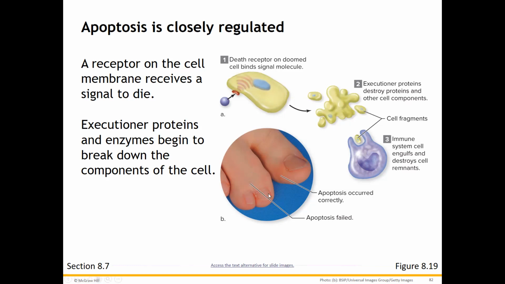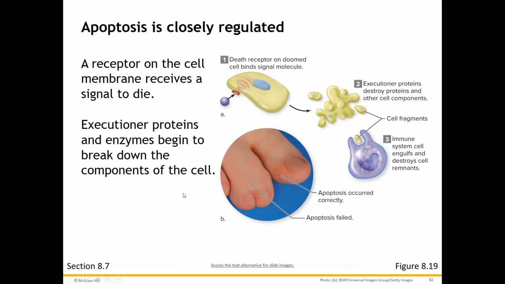And they just have the example here of 2 toes on an individual's foot. This would be interpreted as webbing, like the duck and the chicken. And apoptosis failed to separate these 2 toes. Now, typically, a parent, when the baby was born like this would find it very noticeable, and they would have the doctor split these apart immediately, and the 2 toes would have grown just naturally. But for whatever reason, they didn't have that done. But it's a good example to see how apoptosis had failed here, but yet it worked here.